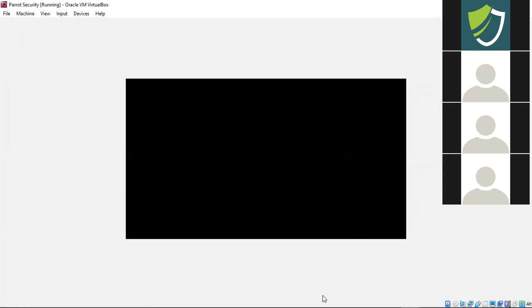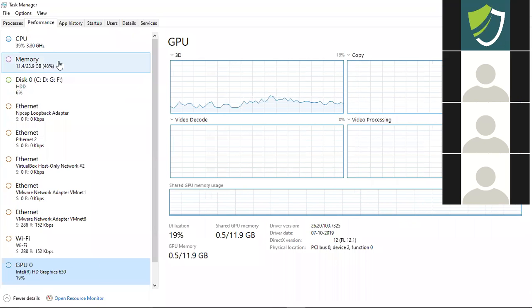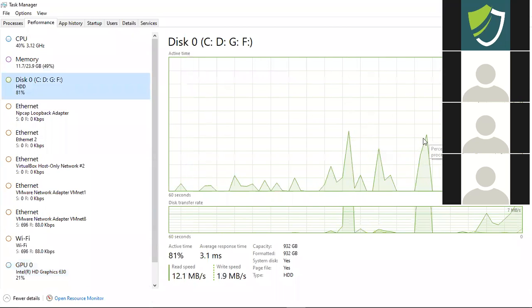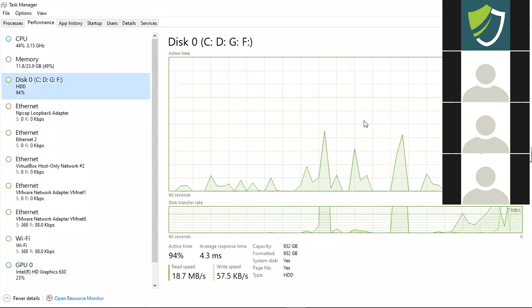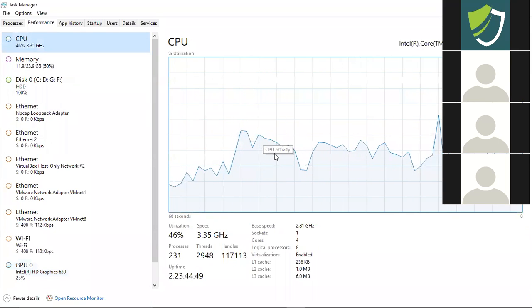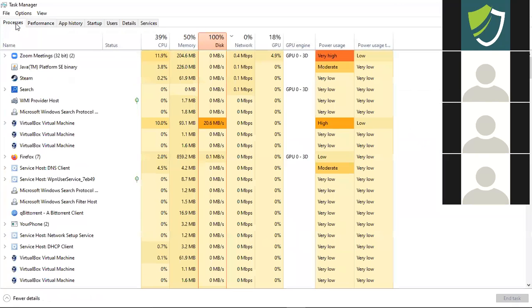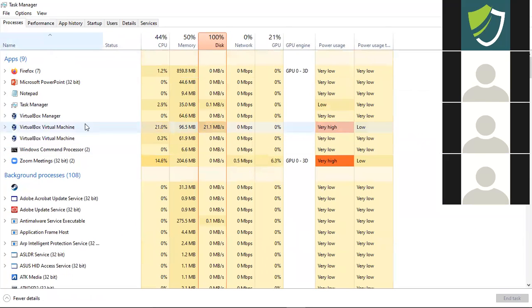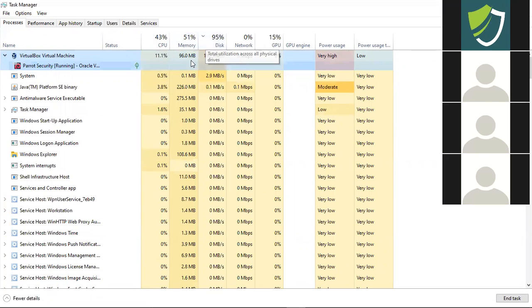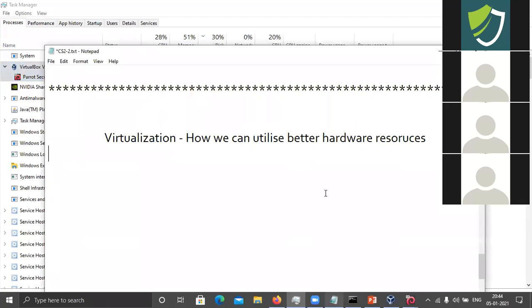ओके, ये आपका इनिशियली हो गया। देन अब देख सकते हैं टास्क मैनेजर में कि अब ये जो मेरी मेमोरी थी अराउंड 2 GB इंक्रीज हो गई है। जब पहले हम लोग अराउंड 10 GB था, अब ये 11 GB यूज हो रहा है। एंड हार्ड डिस्क देख सकते हैं आप ऑलमोस्ट 50 to 100% अभी यूज हो रहा है, बिकॉज इट इज जस्ट ओपनिंग दी मशीन। और CPU यूटिलाइजेशन आप देख सकते हैं, जहाँ अभी 12 या 13% था, वहाँ पे आप ऑलमोस्ट 50% यूज हो रहा है। और यहाँ पे क्लिक करता हूँ, ये देखिए वर्चुअल बॉक्स सबसे ज़्यादा यूज कर रहा है। तो पैरेट ऑपरेटिंग सिस्टम रन कर रहा है, तो उसकी इन्फॉर्मेशन आप देख सकते हैं 50%, 95% डिस्क। सो अब ये थोड़ा बेहतर हो चुका है मेरा जो हार्डवेयर रिसोर्सेस है एक्चुअली। सो इस तरीके से हम यूटिलाइज कर रहे हैं। सो जो बैकएंड की टेक्नोलॉजी है दैट इज कॉल्ड एज वर्चुअलाइजेशन।